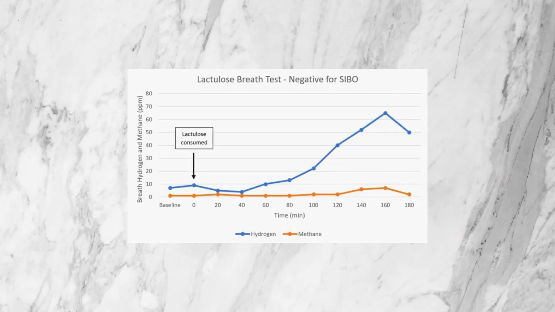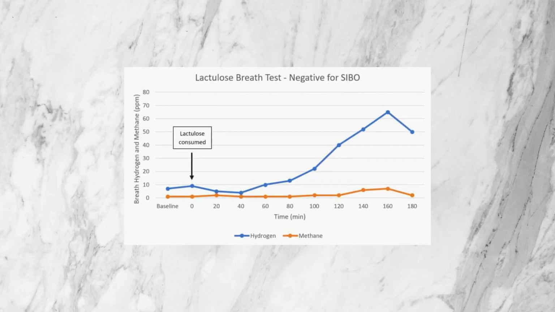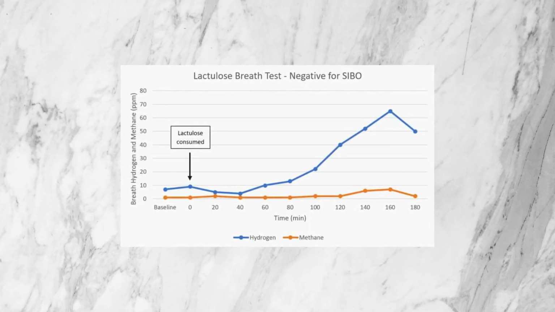The breath test results tell you the amount of hydrogen, methane, or hydrogen sulfide in some cases that you breathed out over the course of the 3-hour test. Bacteria and archaea produce these gases. Therefore, the test estimates the quantity, type, and location of bacteria and archaea in your intestine.